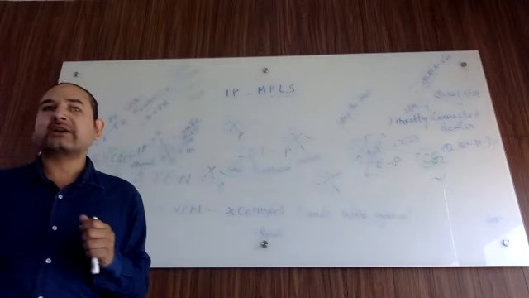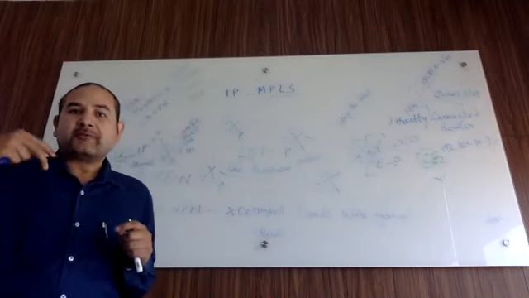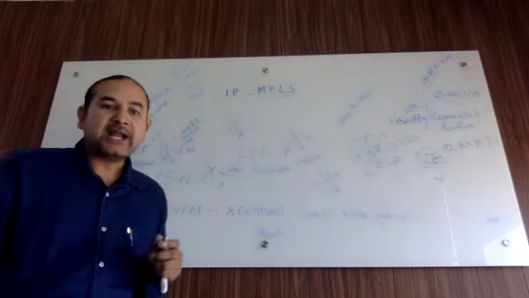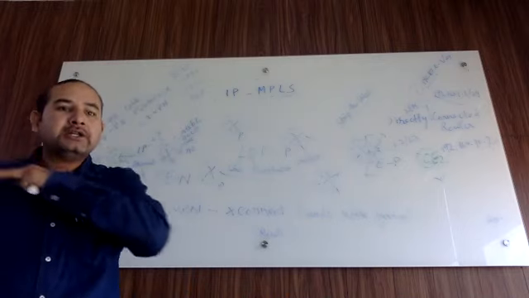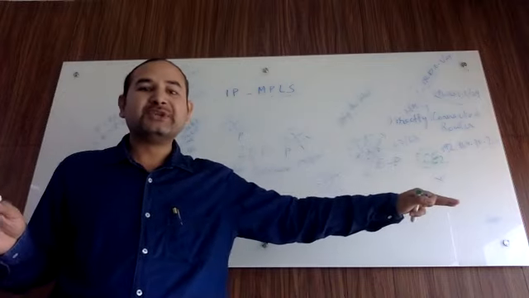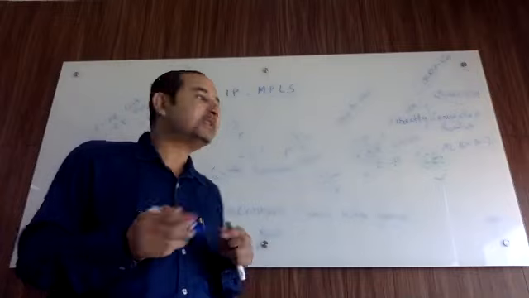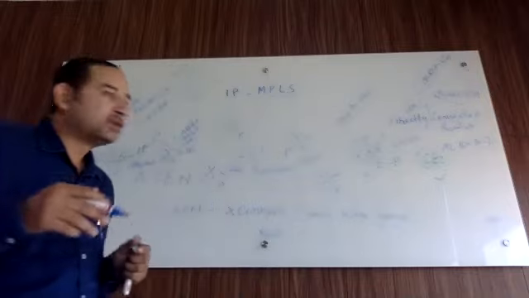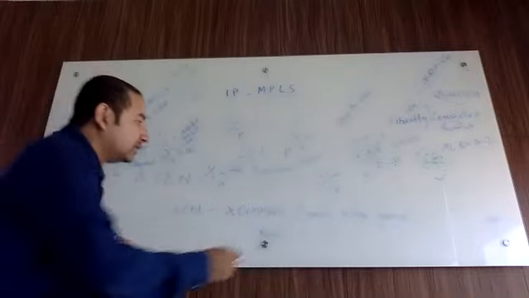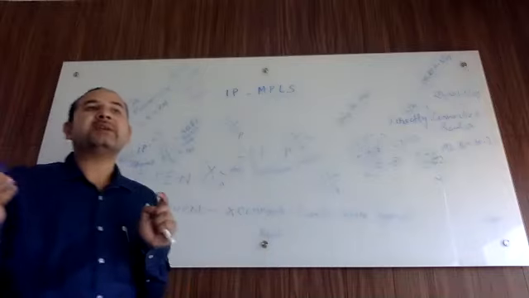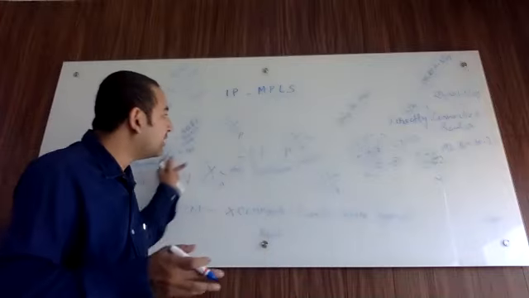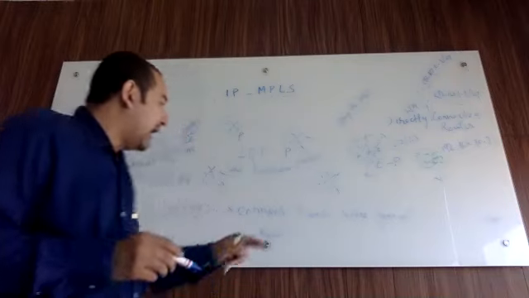if suppose I am calling from my landline, I used to call your landline, so it used to be a continuous circuit which used to happen between the 2 communication devices, and then the communication would happen. So it's like a wire. So this is a pseudo wire because this is a virtual wire on an IP MPLS network,